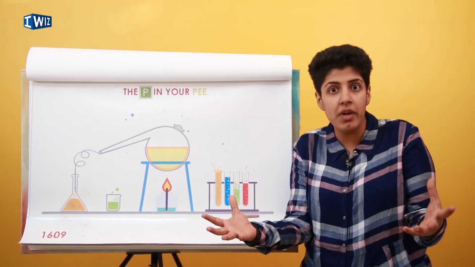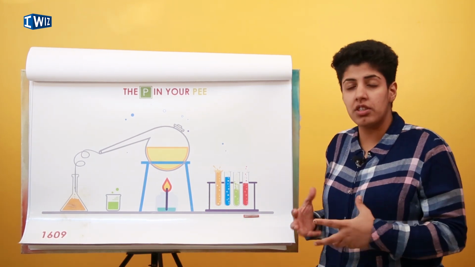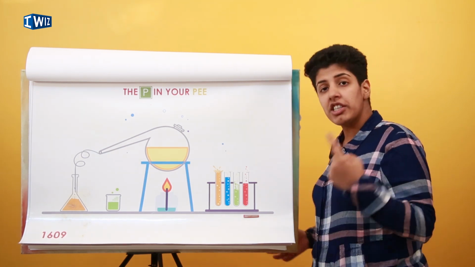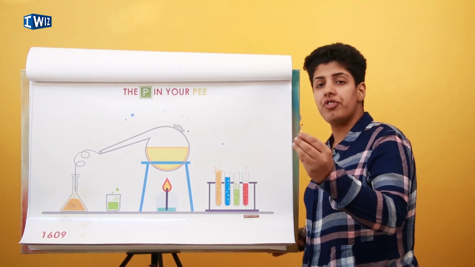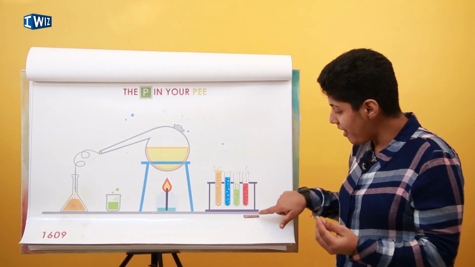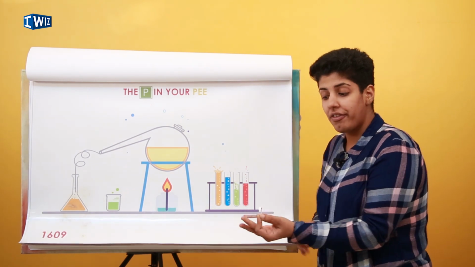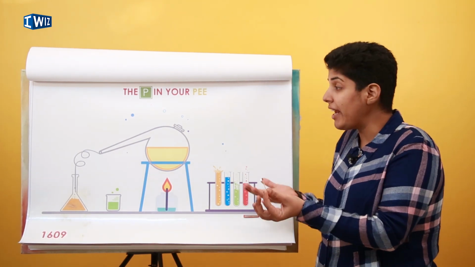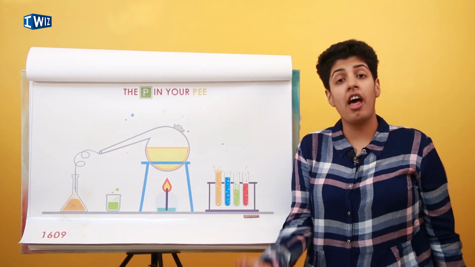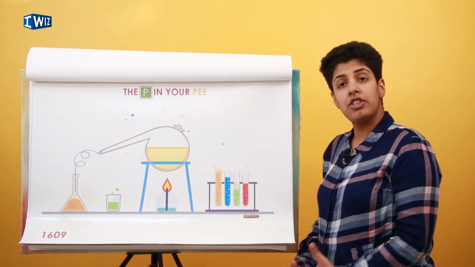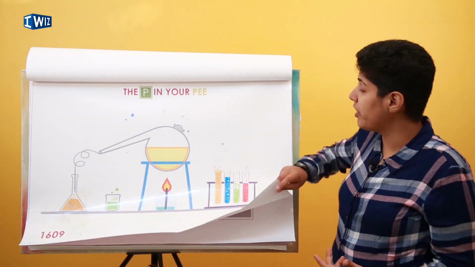Phosphorus glowed in the dark, and when exposed to air, it instantly caught fire. Phosphorus means light bearer because it glowed, that's what he called it. We actually have white phosphorus, which is extremely reactive, and then we have another kind of phosphorus. We have red phosphorus. Now this is what you find on the head of matchsticks. And it's also quite reactive. Just a little bit of friction is enough to get the flame going. And white phosphorus is a lot more reactive than that. It does not even need the flame to get it going. We also have another allotrope, which is black phosphorus, but that's not so reactive and we don't use it in a lot of places.